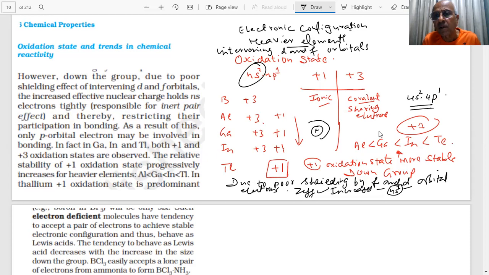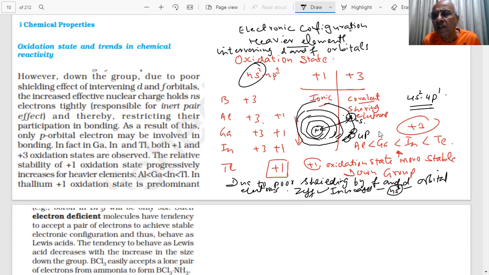1, 2, 3, 4. This is your 4s, 2 electrons in the 4s, and you have 1, 2, 3, 4p. Okay? What is happening, students? If I draw now this nucleus will attract this, because there is a poor shielding by these